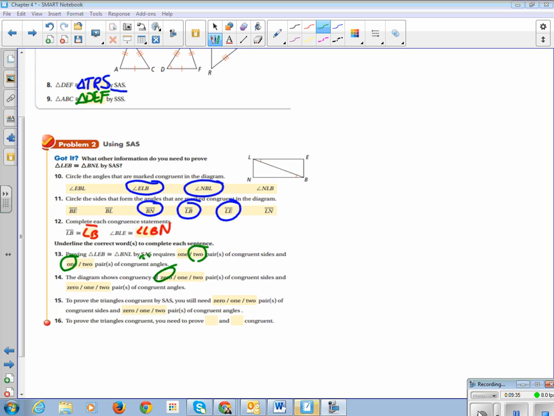And how many pairs of congruent angles? Just 1. So, to prove that triangles are congruent by side angle side, we still need 2 pairs of congruent sides, and no more pairs of congruent angles, because we already have it. To prove the triangles congruent, you need to prove